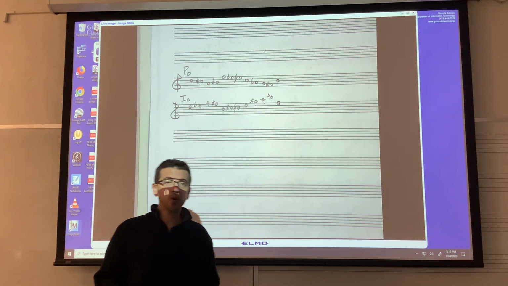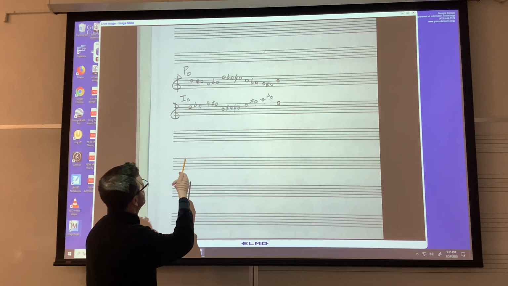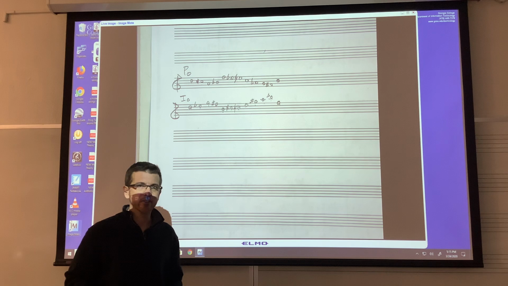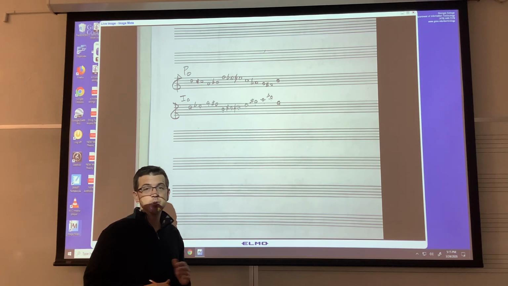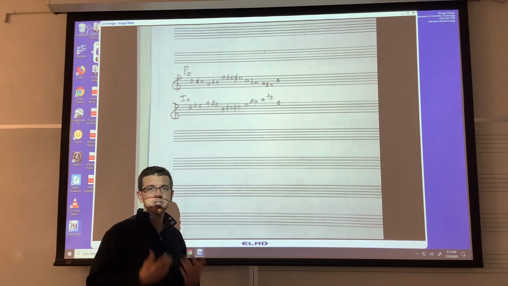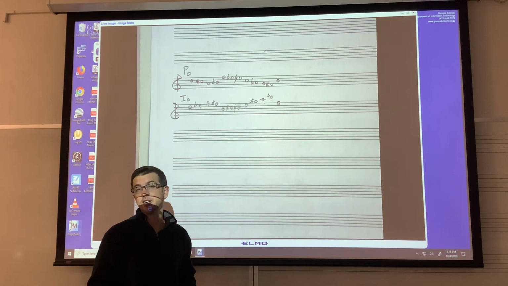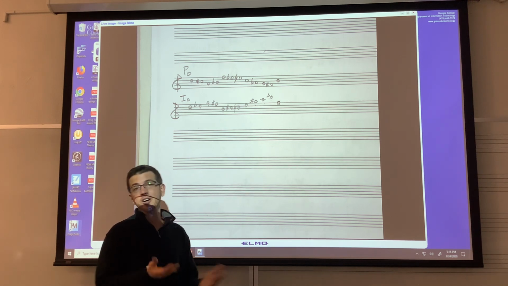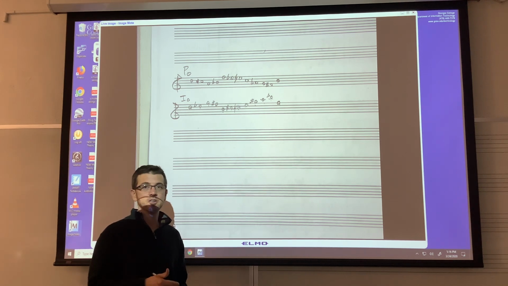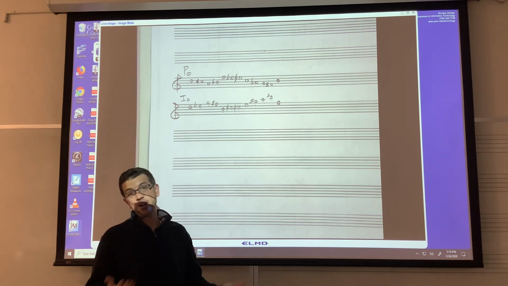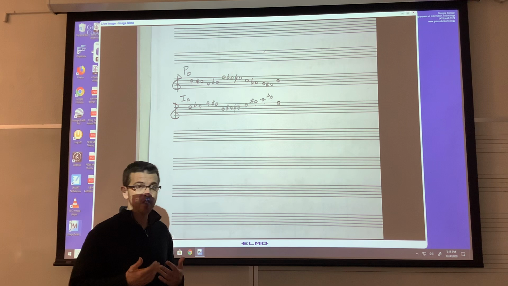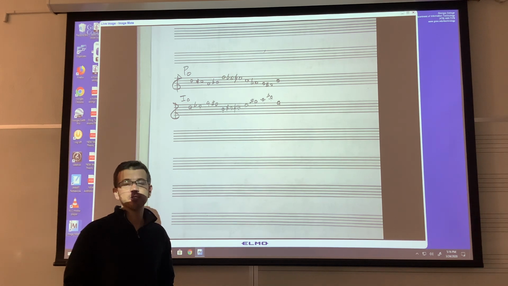Now, a good question is, does it matter if I do F sharp or G flat? The answer is it does not matter. In fact, that's why most theorists don't even use the regular traditional way of labeling it. They use integer notation. So instead of C sharp or D flat, they'll just use 1, right? C is 0, C sharp is 1, D flat is also 1. So that way you don't get confused between C sharp and D flat. We will not be using integer notation,